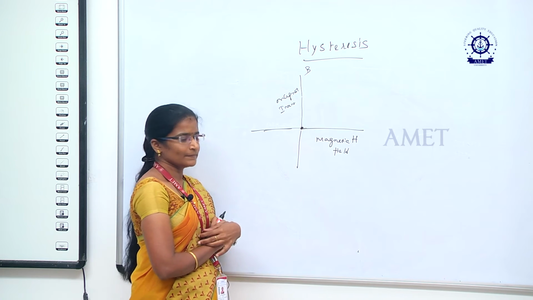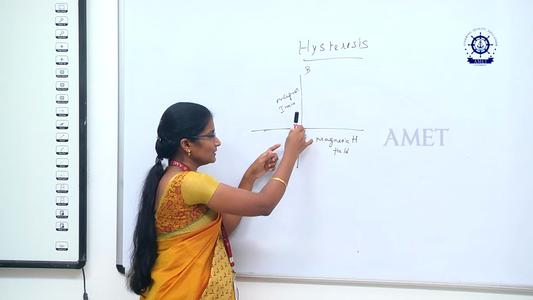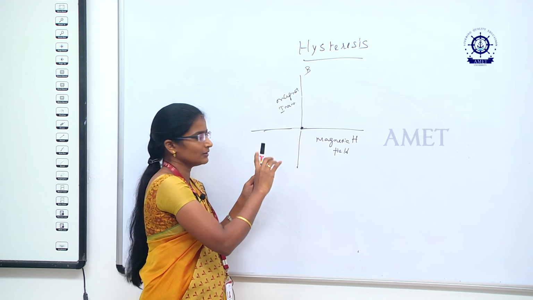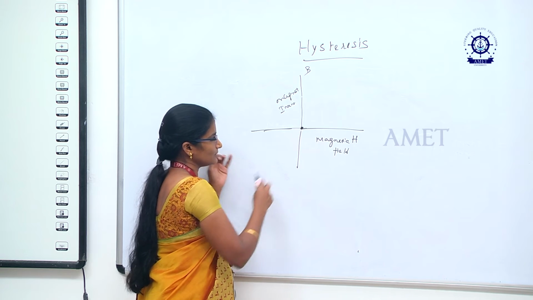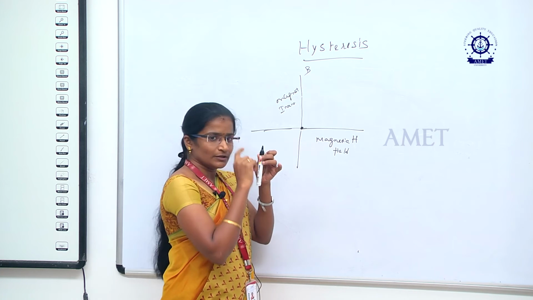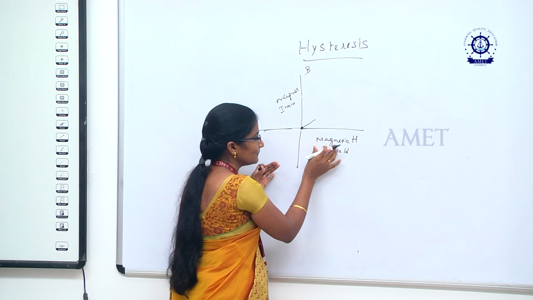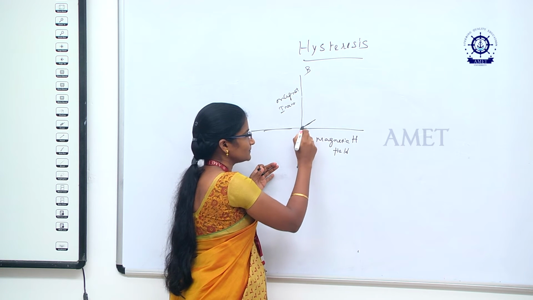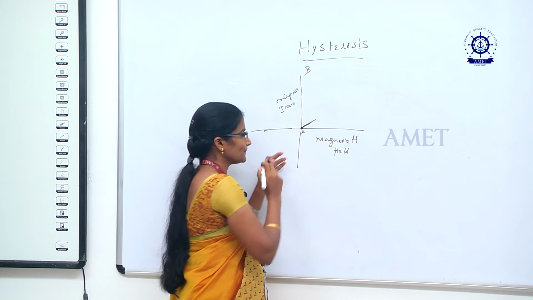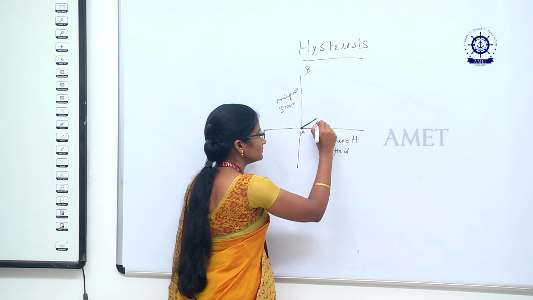So at this place we have a normal material and the magnetic field is 0. Suppose I have a pen like this. In this place the material acts as a pen, and the magnetic field is 0. I want to convert this pen into a magnet. So initially I apply some weak field on this material. We are increasing the magnetic field. This place is marked as A, where we are giving some weak field.